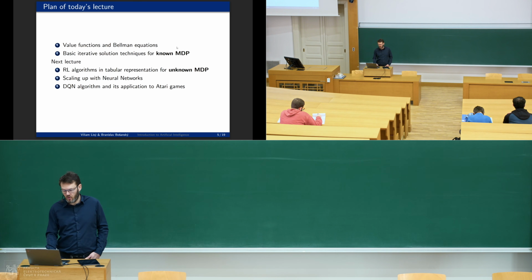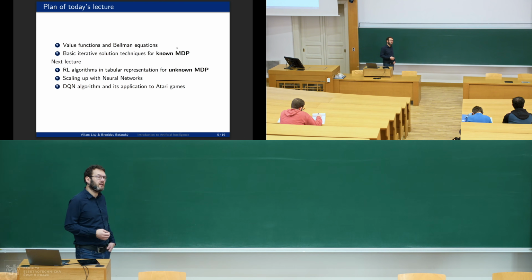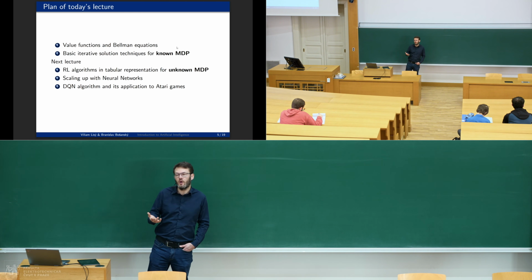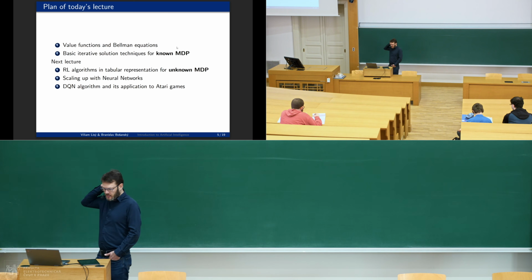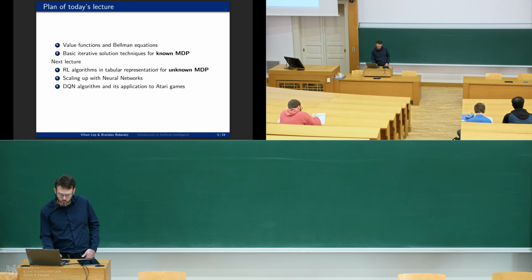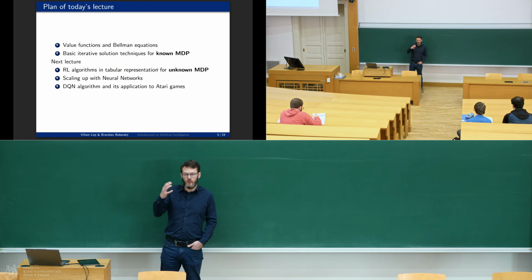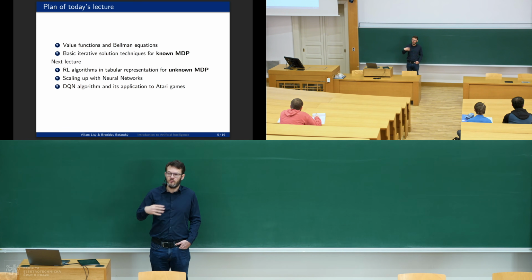So we call that a known MDP, and we'll basically just come up with algorithms that compute the optimal strategy in these known MDPs. And in the next lecture, we will go to the full reinforcement learning setting, where we will assume that we only have access to a simulator,